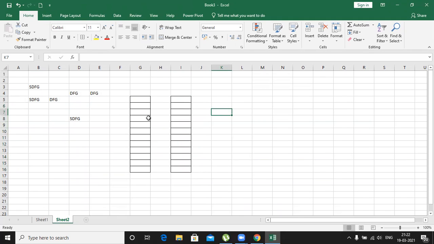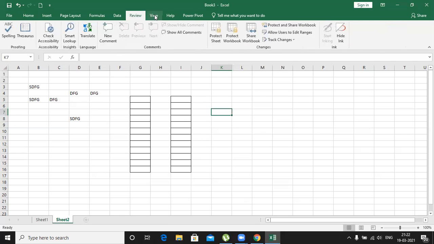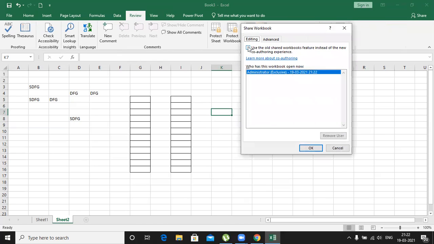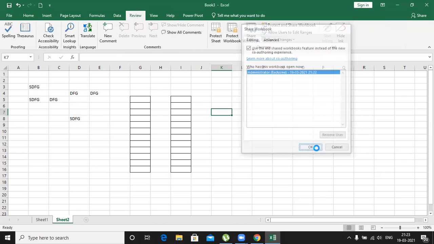So when it is accessed by other people over the network, then data has to be updated. So how can I share the workbook? It's very simple. Click here, and here we have an option: use the old shared workbook features instead of the new, and so on. Click here and go to OK.